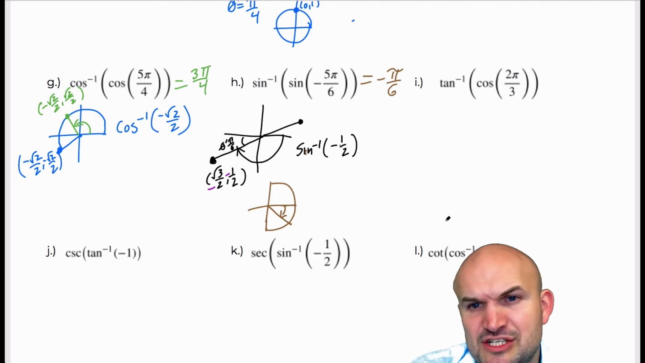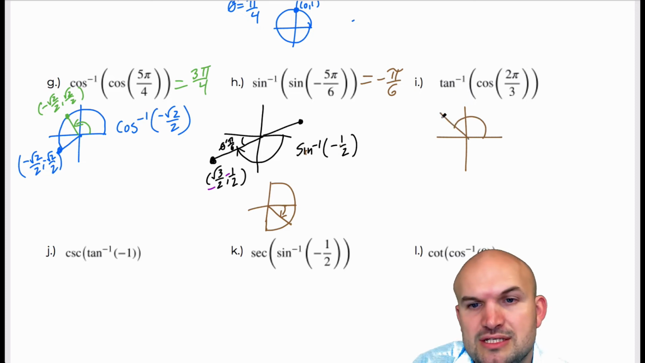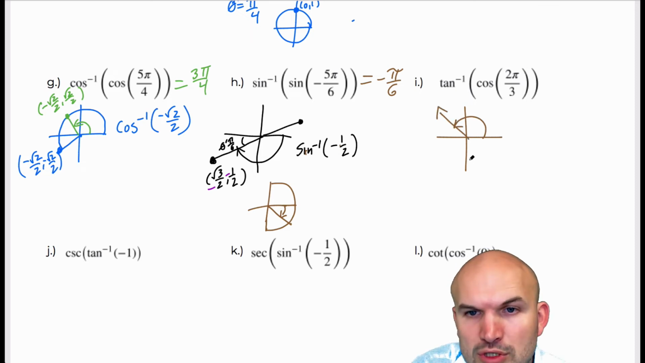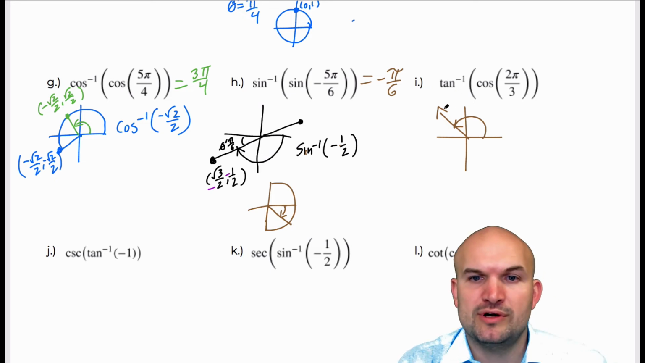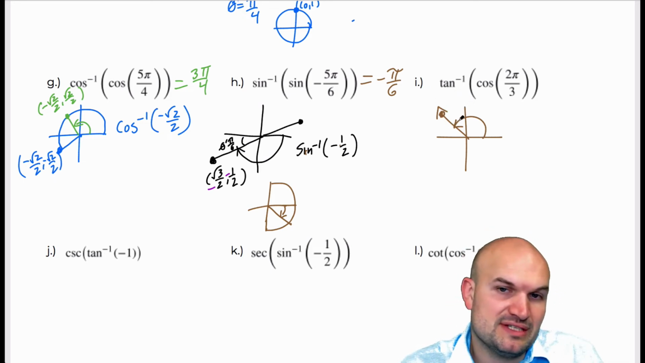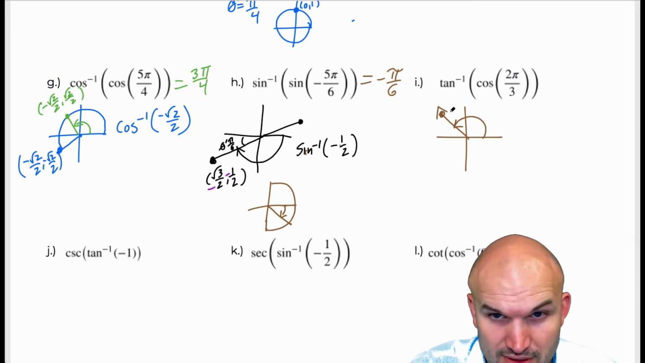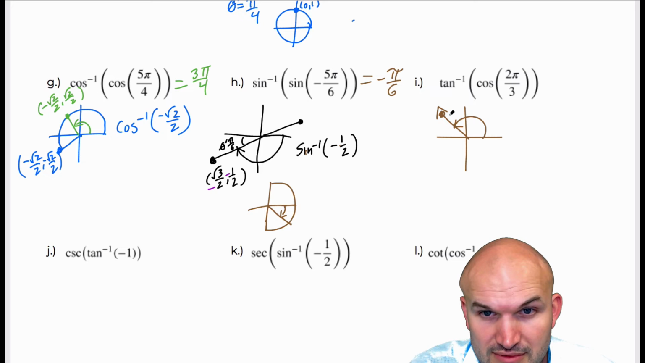All right, next one, tangent inverse of cosine of 2 pi over 3. So let's go ahead and graph 2 pi over 3. That's in the second quadrant. Cool. That coordinate point on the unit circle, 2 pi over 3, is going to have the same reference angle as pi over 3. So therefore, the cosine of that,